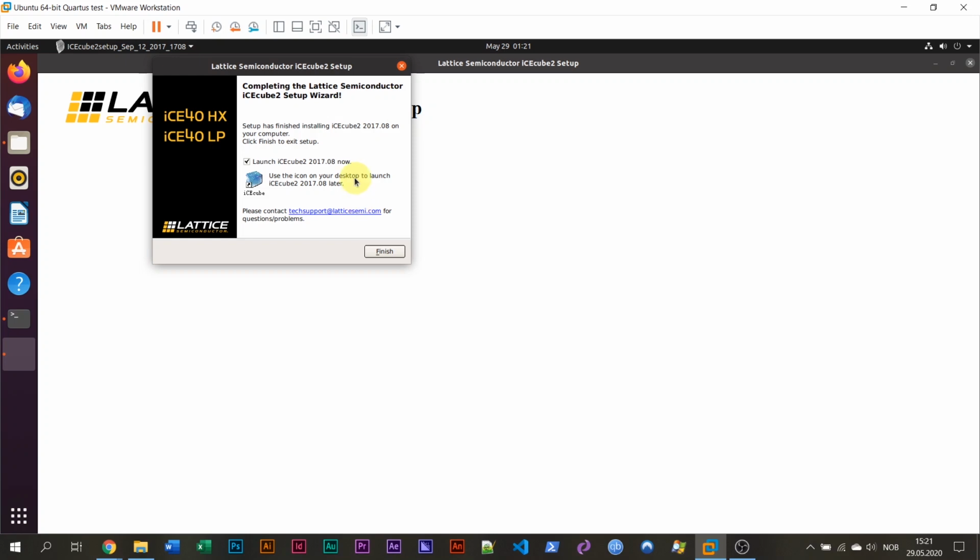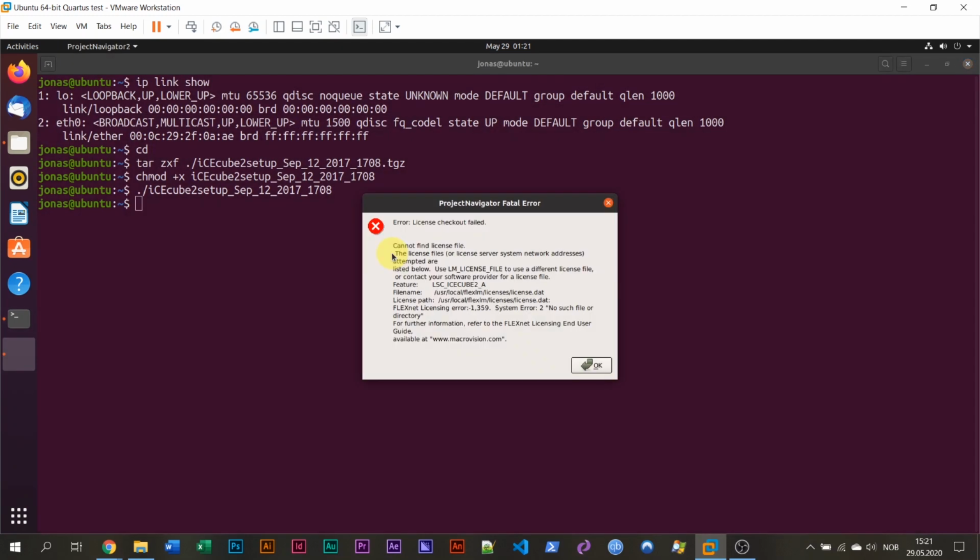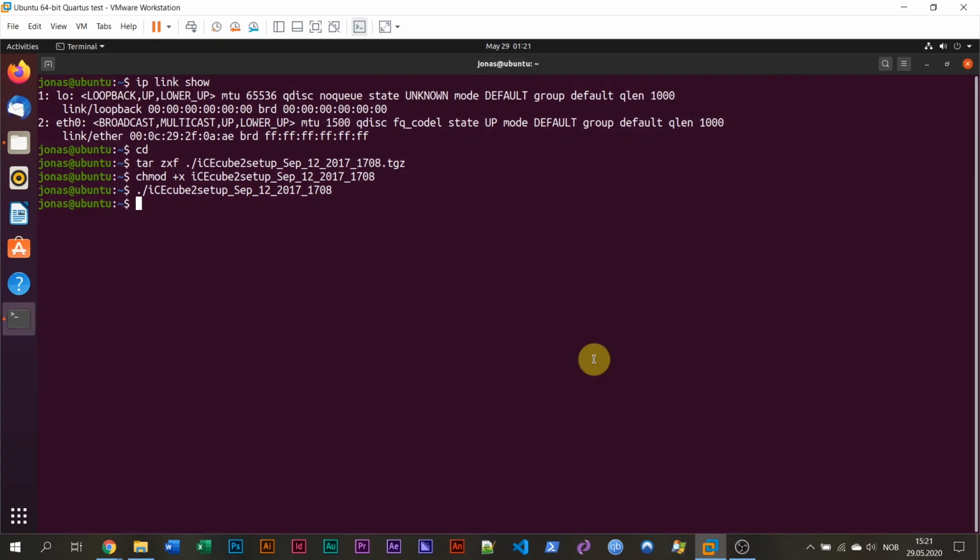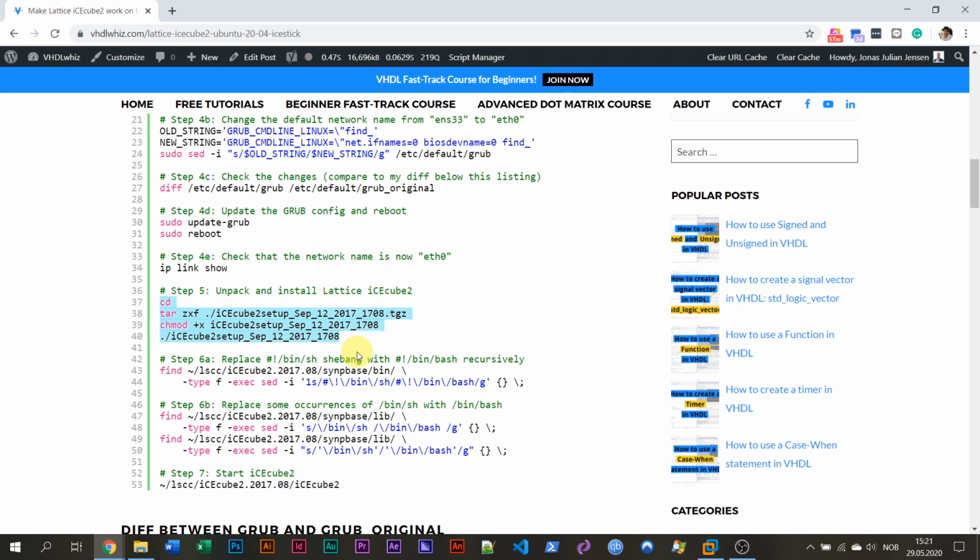And it's going to ask if I want to launch iCEcube2, and let's just do that so we can see this error. License checkout failed because we didn't specify the license file. But before we are done with the installation, I'm going to change some of the files in the iCEcube installation directory, because